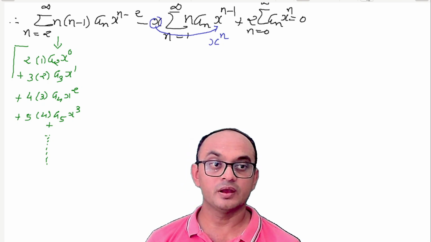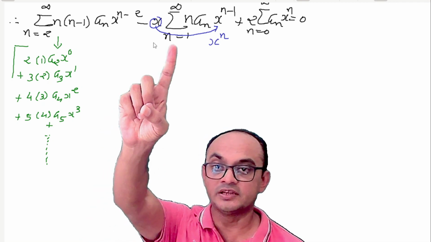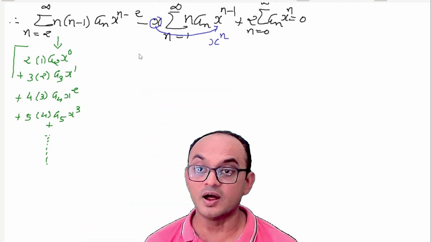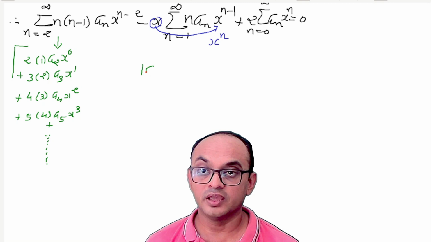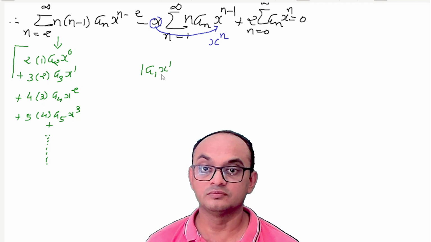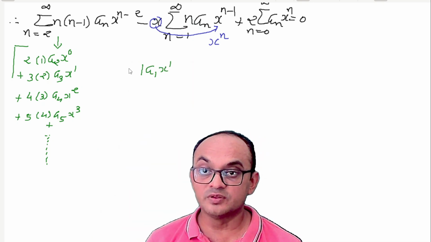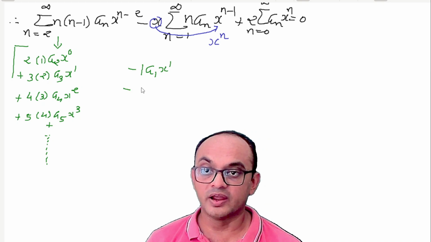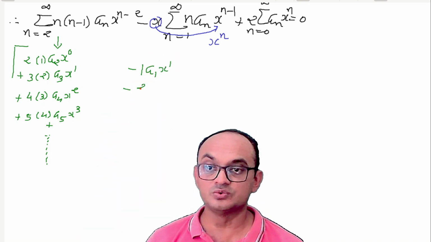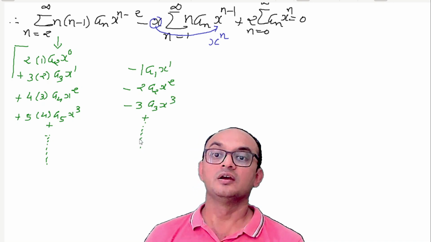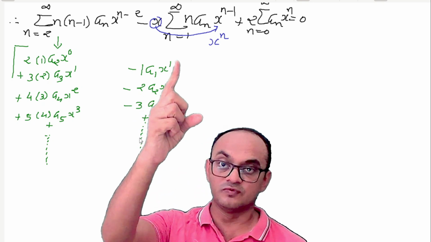Clear? And so now what happened? Here n is starting from 1. So when n is equal to 1, this is 1 into a1 into x raised to 1. There is no term of x raised to 0, right? This is with minus sign. Okay, we will fix everything. Minus, when n is equal to 2, this is 2 a2 x square. When n is equal to 3, this is minus a3 x cube. Then n is equal to 4, n is equal to 5 and all other terms. So these are the terms for this particular